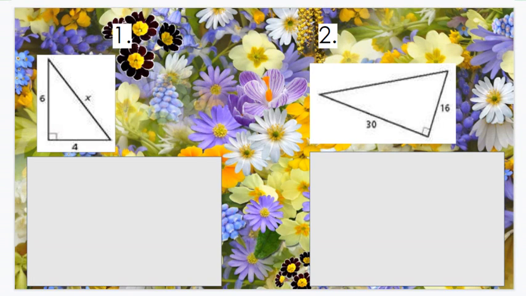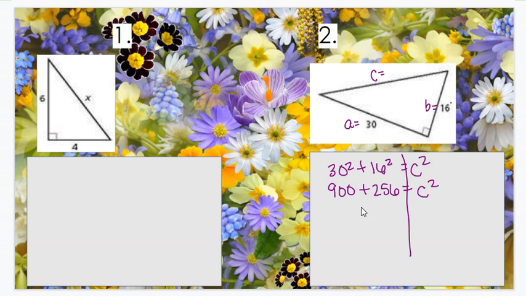Okay. So now let's go to the second problem, number 2. Again, this is A because it makes up a leg, and this is B because it's the other leg, and we're looking for side C. So we're going to have 30 squared plus 16 squared equals C squared. So 30 squared is 900, 16 squared is 256, and 900 plus 256